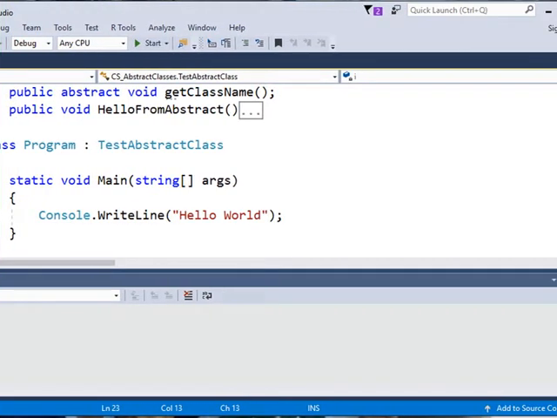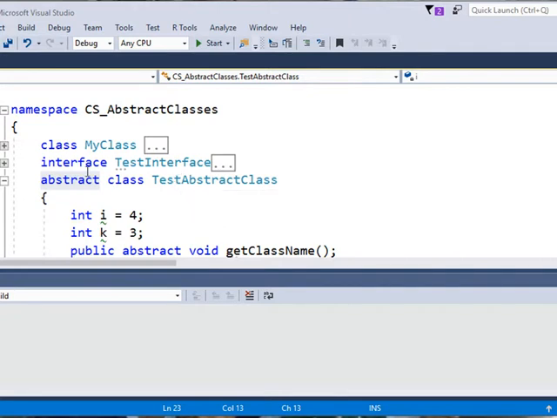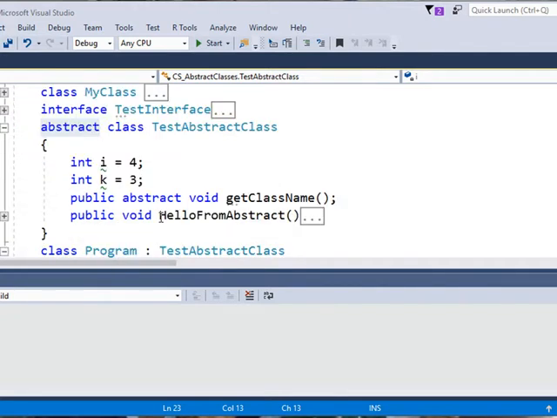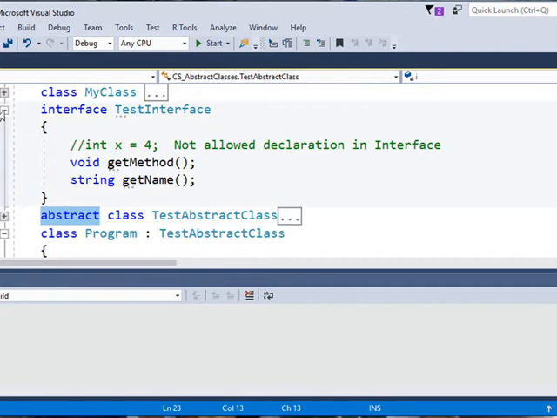There's also something called an interface. Now, an interface is different from an abstract class. They're kind of related. They're kind of kissing cousins. But an interface is stricter than an abstract class. And what the interface says is that